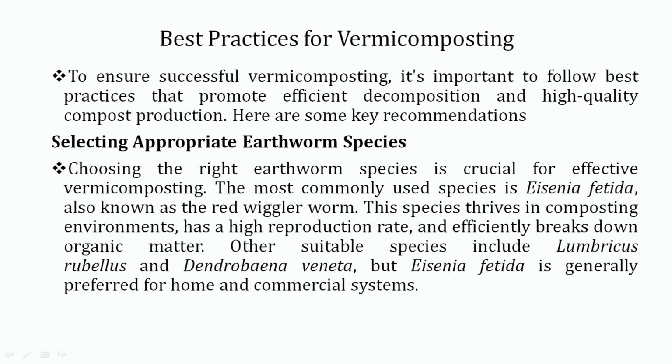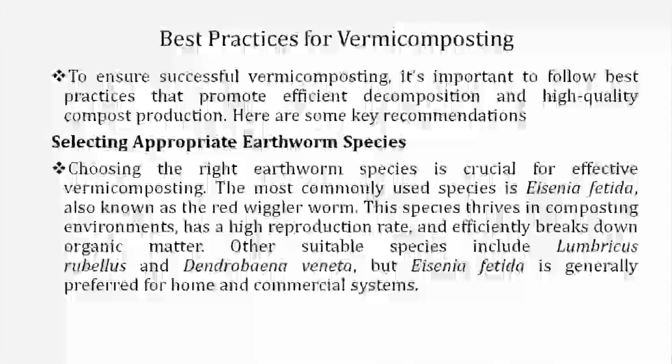So, selecting the appropriate earthworm species. What kind of earthworm species can we use to make our vermicomposting very effective? The right earthworm species is very crucial for effective vermicomposting. The most commonly used species is Eisenia fetida, also known as the red wiggler worm. The species thrives in composting environment and has a high reproduction rate. Means the multiplication rate of Eisenia fetida is very good and effective,